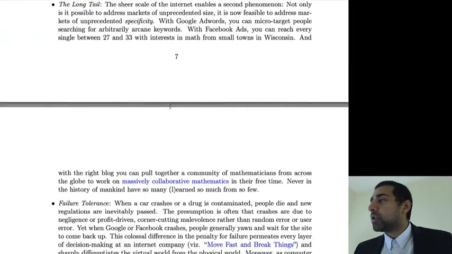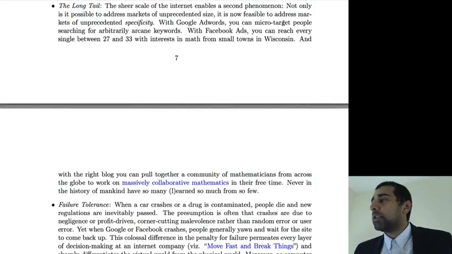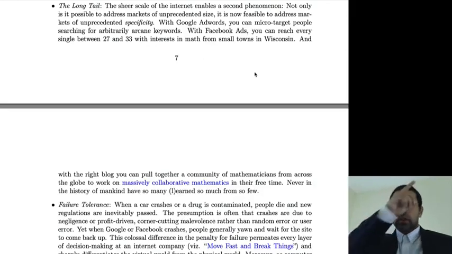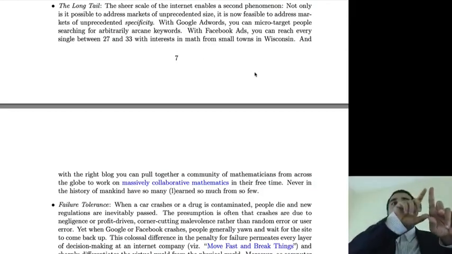Not just open source. Another key feature is the long tail. With the internet, you can go after micro targets, right? You can go after a market that is maybe 10,000, 20,000 people worldwide, whereas before your cost of customer acquisition of finding and acquiring those customers, let alone building a product for them, would be too high. Today you can go after what's called the long tail.